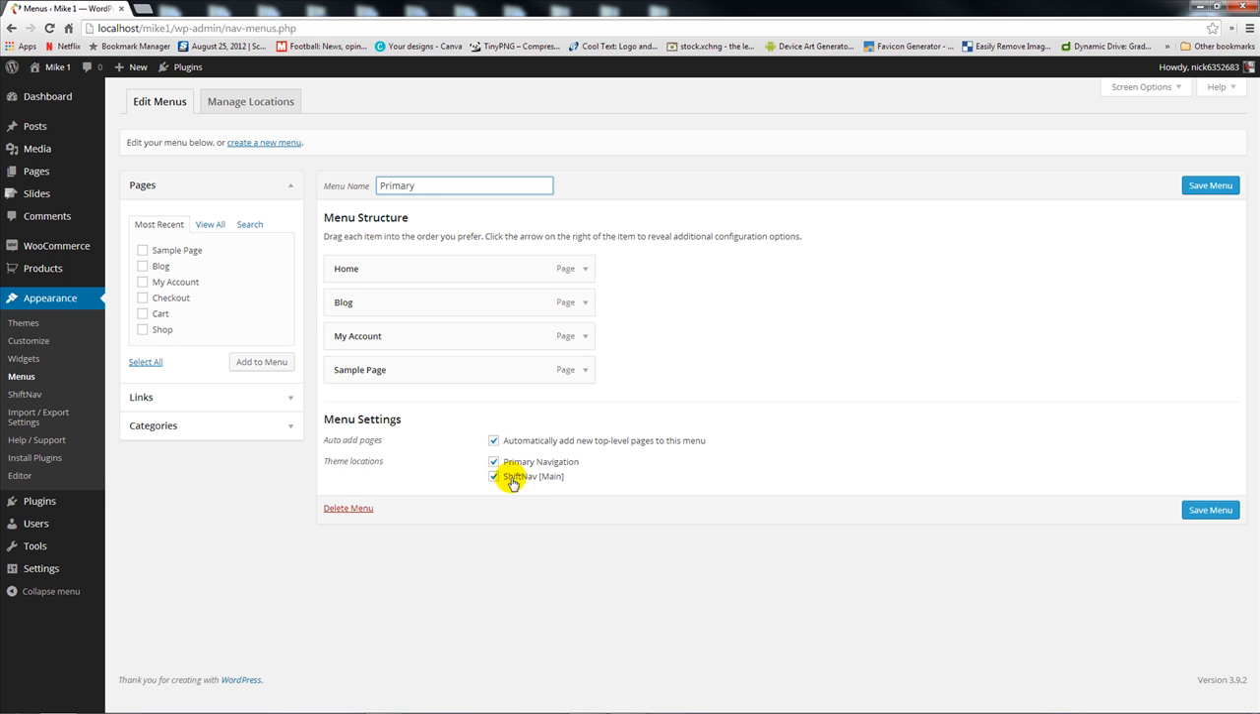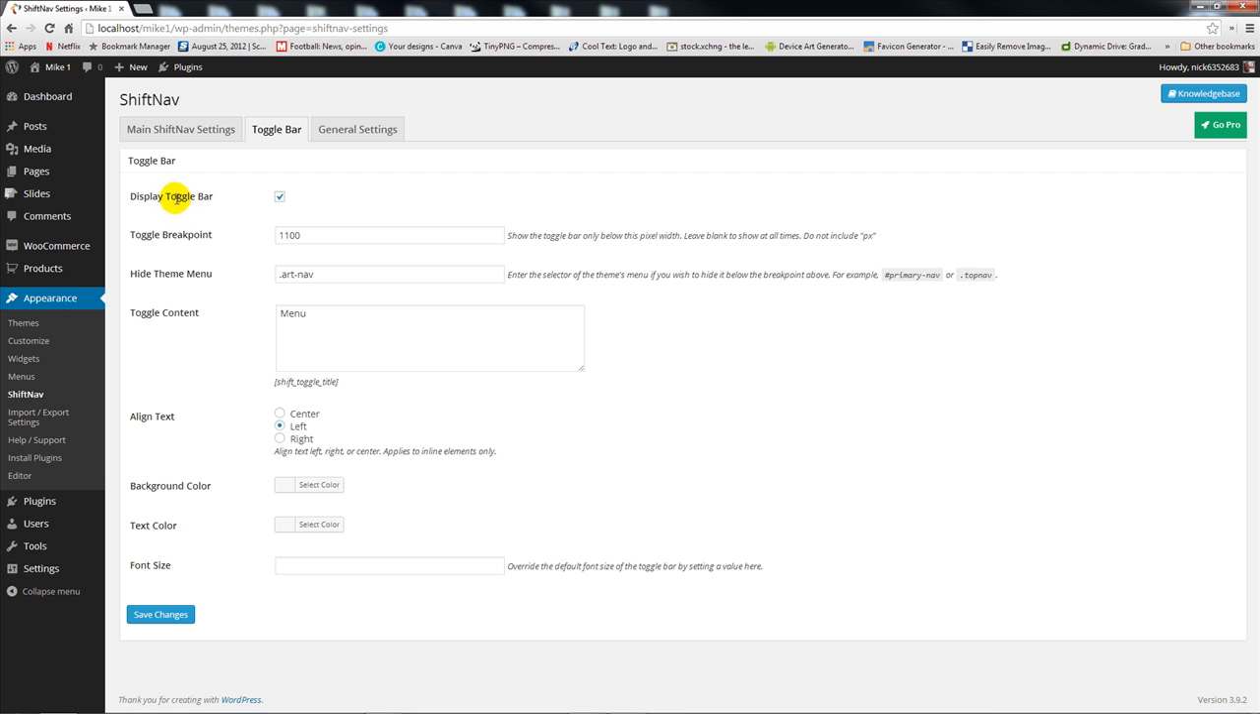You need to set up your menu to use it with Shift Nav, so you need to click that. That's my primary menu, and then automatically add the new top level pages to this menu. All right, so if I go to the settings, display the toggle bar. I've got the toggle breakpoint at 1100. Basically that's where it breaks into the responsive mode. The theme menu is .art/nav. Then I want the toggle content to display the word menu, and then I want the text